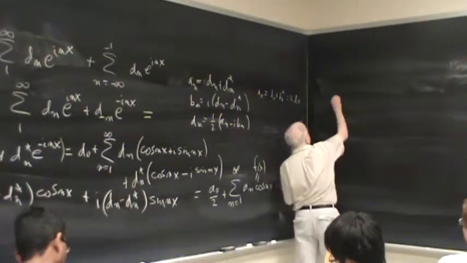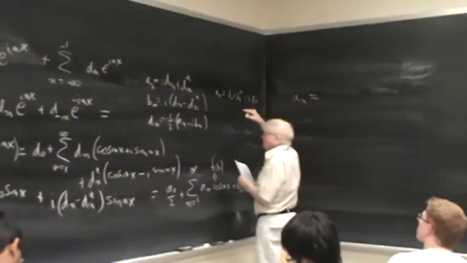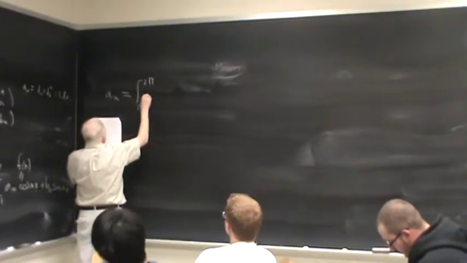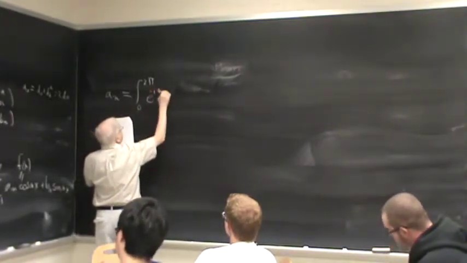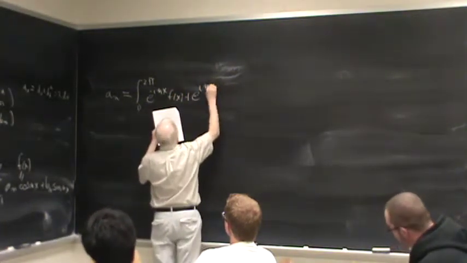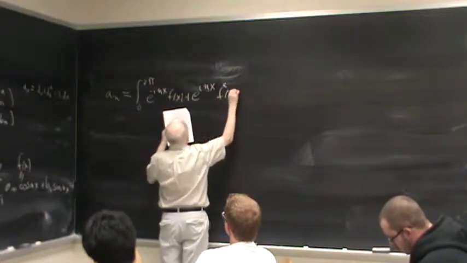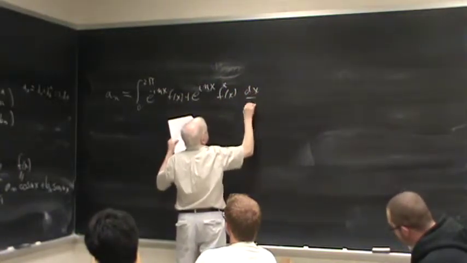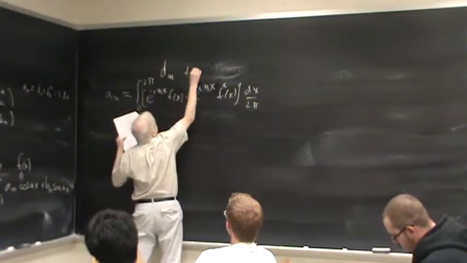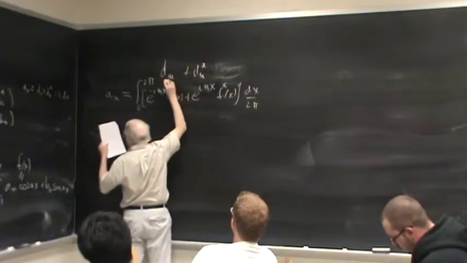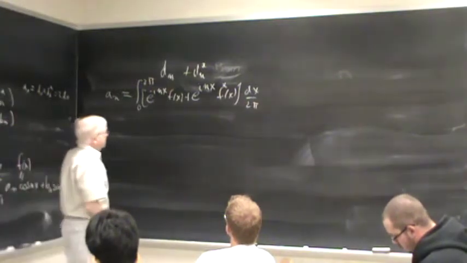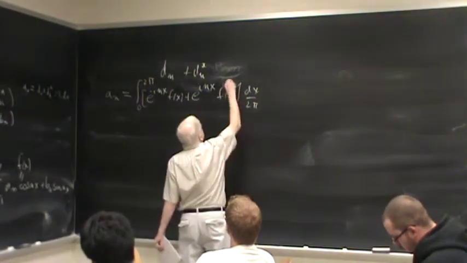In particular, an is dn plus dn star, so this is the integral from 0 to 2 pi of e to the minus i n x f of x plus e to the i n x f star of x, dx over 2 pi. So this is dn plus dn star. But now f is real,